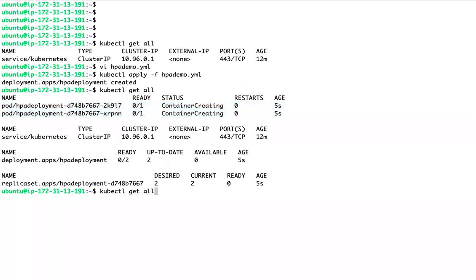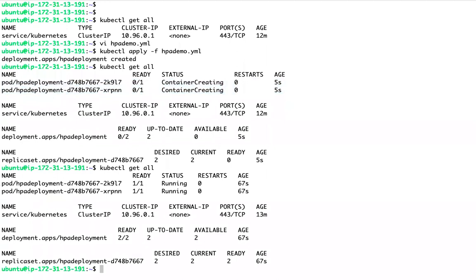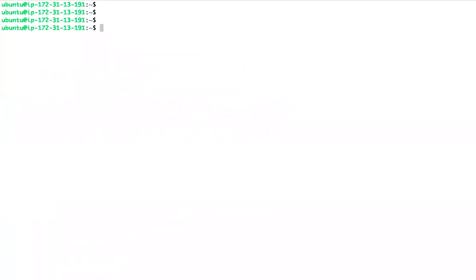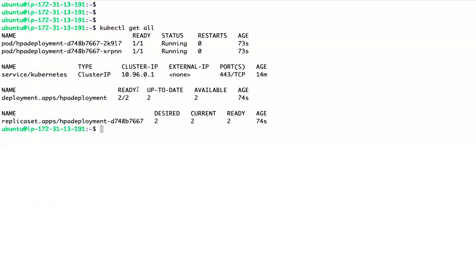So now I have 2 pods and I have not deployed any HPA as of now. How can I access this application? This is just a demo application. If I want to access within the cluster or outside the cluster, how can I access, right? Within the cluster, I can create a cluster service.